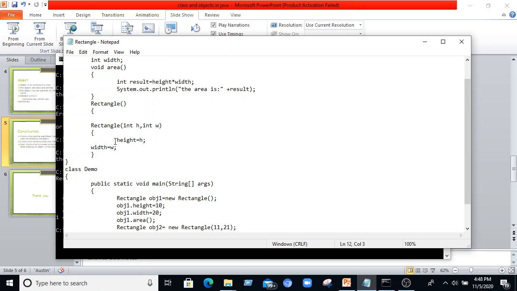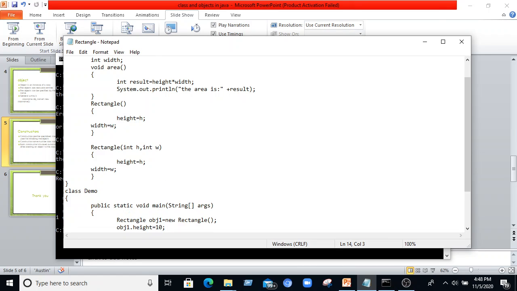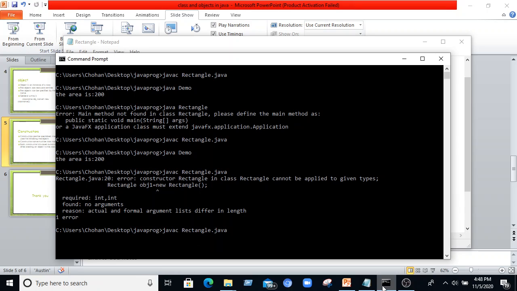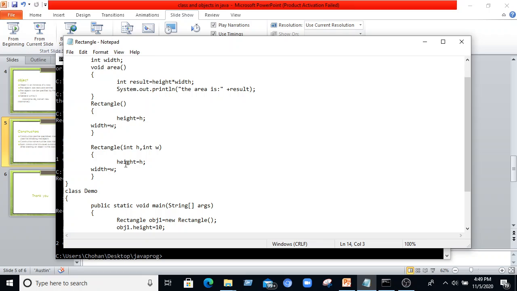Here again I am placing the same code. Height is equal to width is equal to. Now we can save the things over here and compile again. Now we didn't get any error over here.